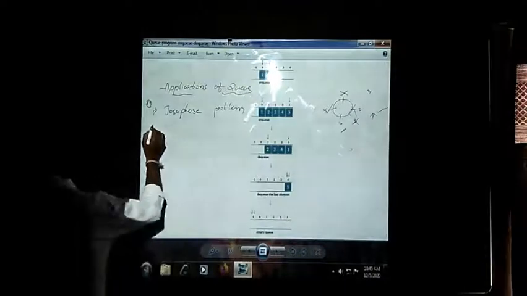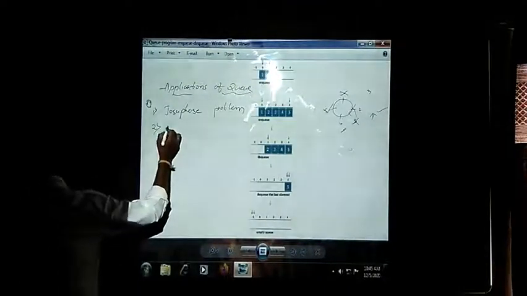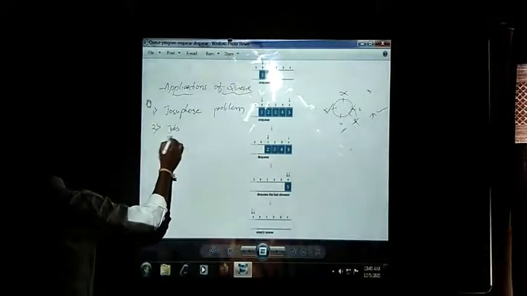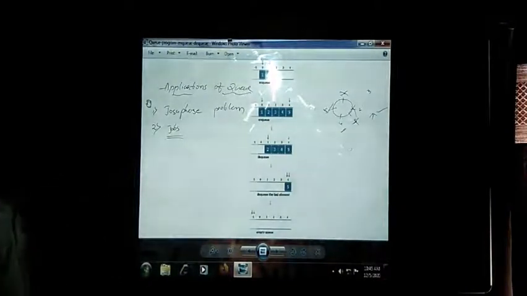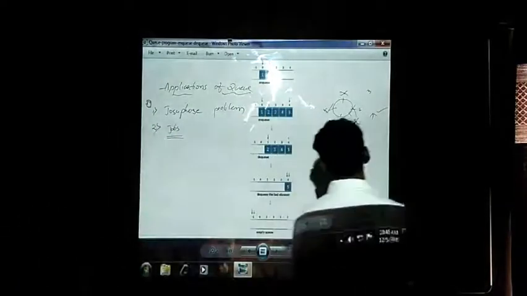In your operating system, in your computers, there will be a number of jobs which will be executed in the system. They need to have some queue and be executed in a proper manner, as they enter into your system. In the same way, they need to be executed by your processor. That will be done by queues, following first in, first out.